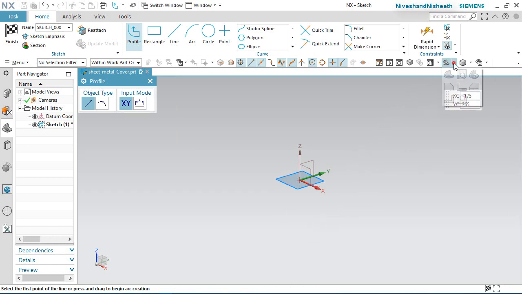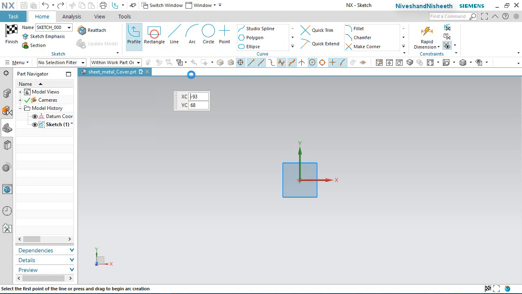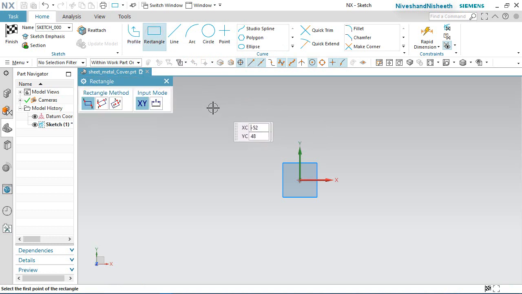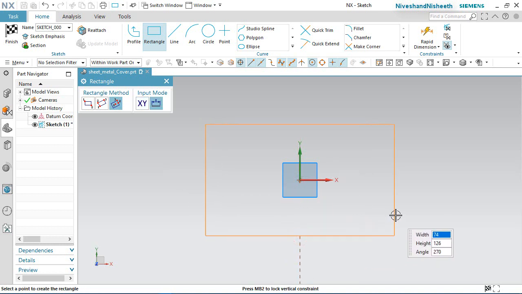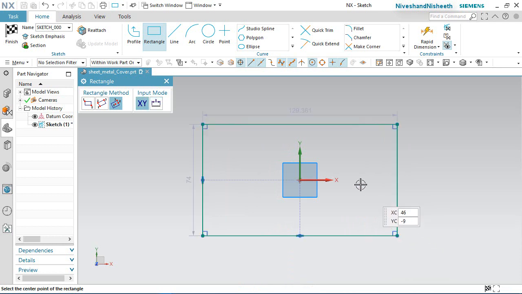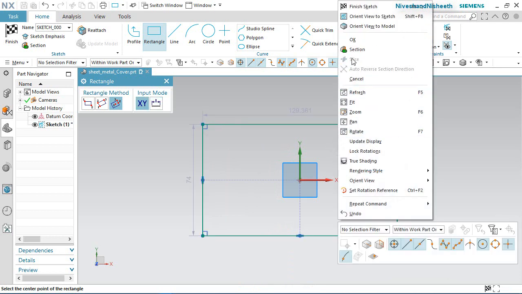The profile command is automatically selected here. Choose rectangle tool. Select from center rectangle tool and start the rectangle from the origin point. OK.